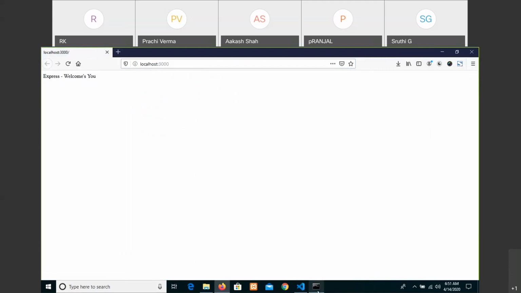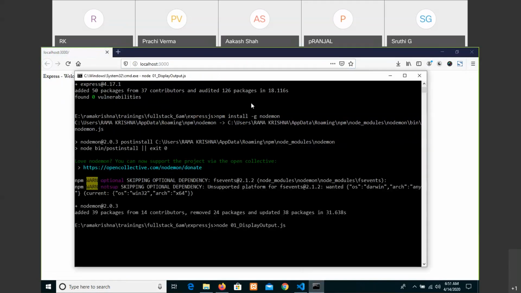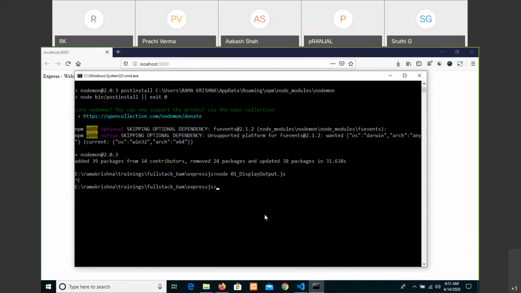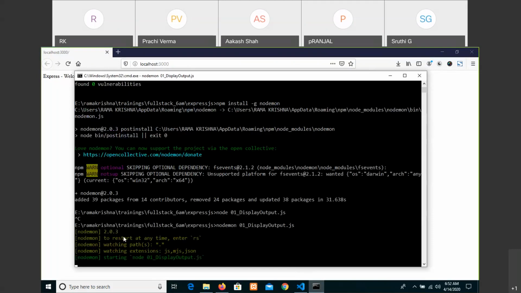So what you have to do is rerun the total program, this time by using nodemon. It starts and shows the version, and it restarts any time you press rs, and all the functionality we write will be executed starting from this file.